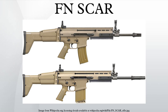SOCOM began removing the Mk-16 from their inventory at the end of 2011, and most units will have the rifle completely out of their service by the end of 2013. To maintain the SCAR as a small-caliber weapon, they are procuring conversion kits for the Mk-17 battle rifle to make it fire 5.56mm rounds. The pre-solicitation for the SCAR program originally called for one rifle that could be adapted to